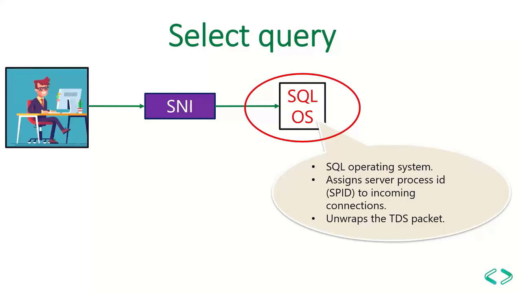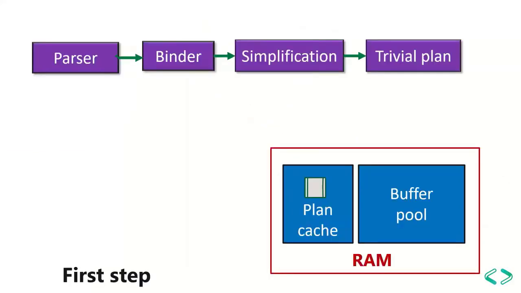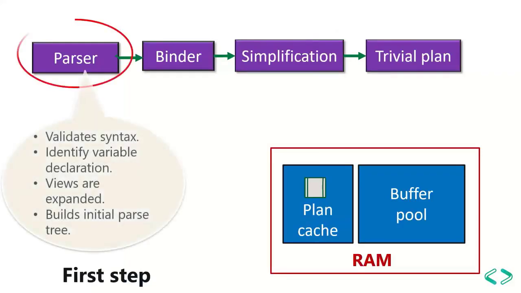Now that particular SQL query will be sent to the first step inside the relational engine, which is the parser, right? The first component is the parser. So what will happen at the parser component? The parser will identify the syntax of the query. For example, if you wanted to do a select star from, but by mistake you have given it incorrectly, then at this particular phase the parser should identify that as a syntactical error and throw the error back to the user.